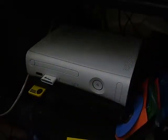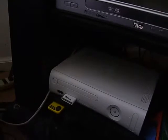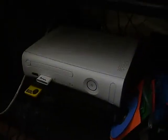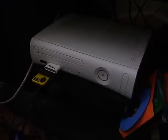For example, the PS2, the only great feature about it, like with the Dreamcast here, was you were able to play online. That was it. And even chat online, that was it. But you had to use your controller here to chat online. Now, you might say to yourself, well, what's so different? Well, for some of you that have the Xbox 360 and have the PS3, what's different is that with the